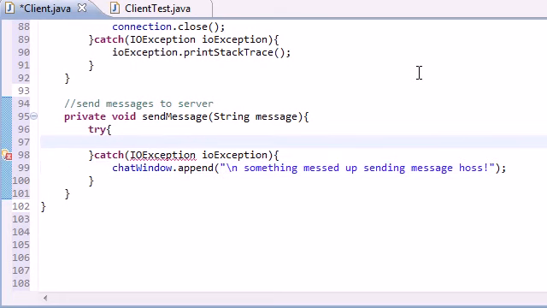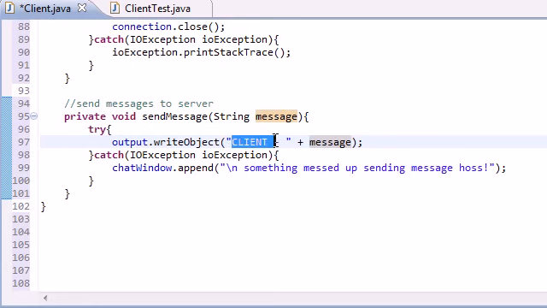So now we can go ahead and throw something in the try. So just like before, what we're going to be doing is we're basically going to be creating a string object and sending it through our output stream. So in order to do that, go ahead and tap into your output, write object. And what object do you want to write? Well, first write who it's coming from, client minus message. So basically, whatever message you write, such as, hey, what's up, it's going to be treated as this message,